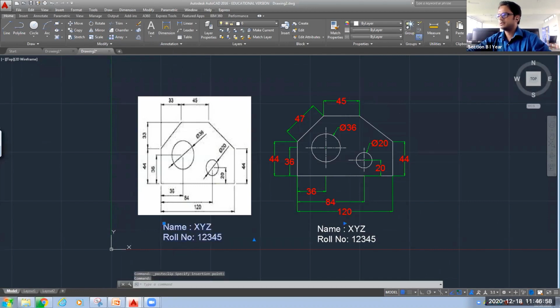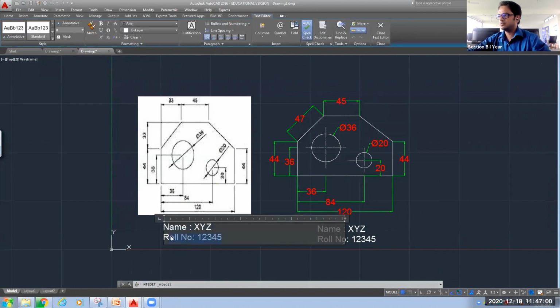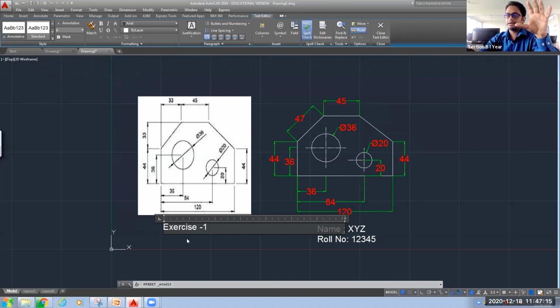So I will write, I need not mention the roll number, so I will edit it and I will write exercise. The first practice we have done for different coordinate systems.